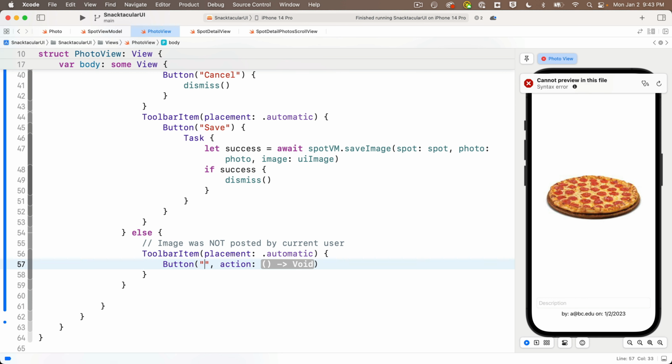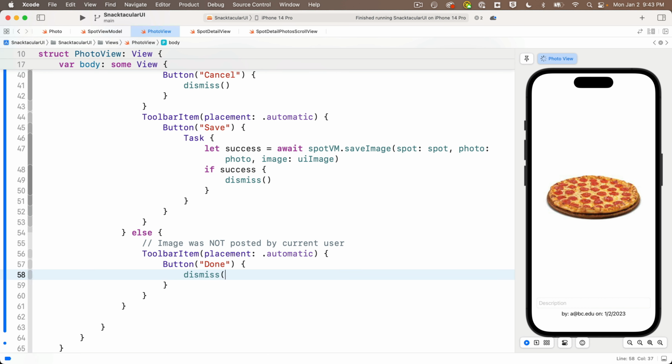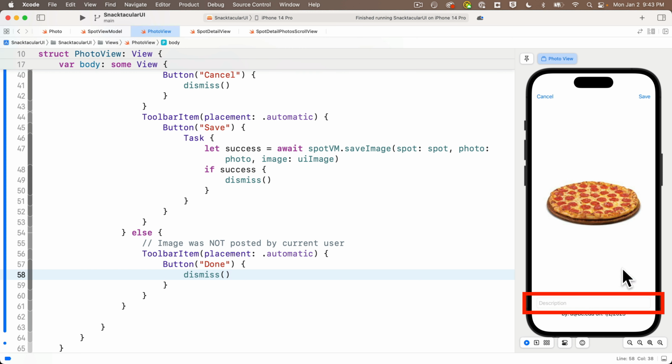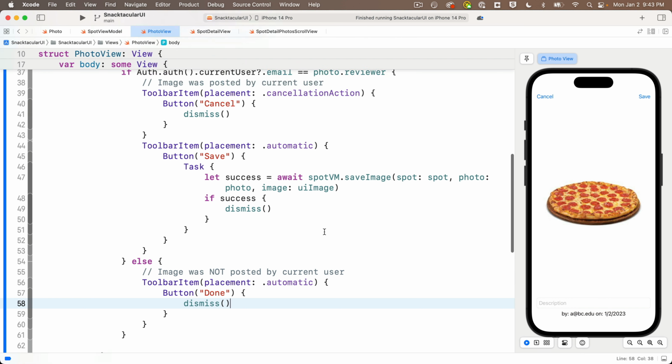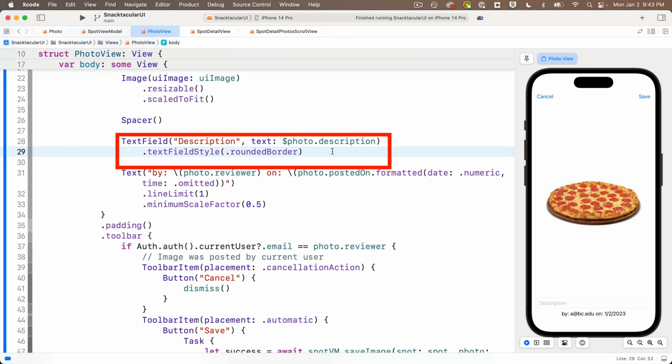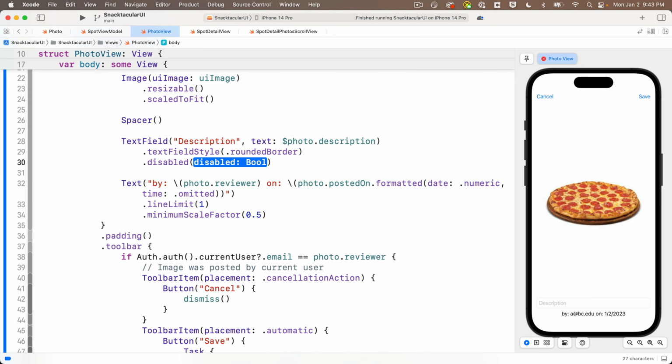The title is just going to be the string "done", and the action is going to be just dismiss with open and close parens following it. Now, another thing I want to do is disable the description text field if the user is looking at an image that they did not post, because they should not be able to change the description on somebody else's image. So below the description text field, we'll add a .disabled modifier, and this wants a bool, so we'll pass in that same authentication check,